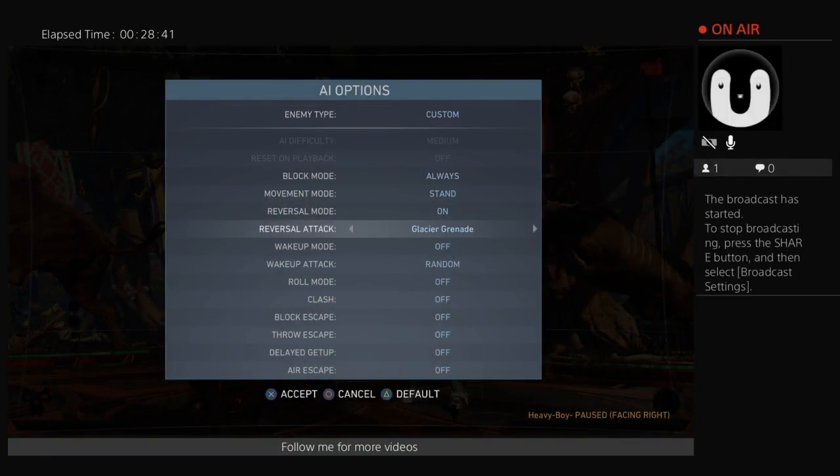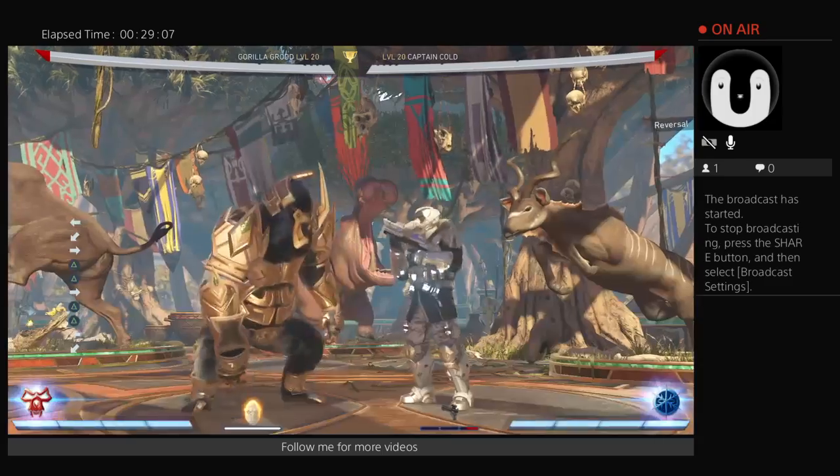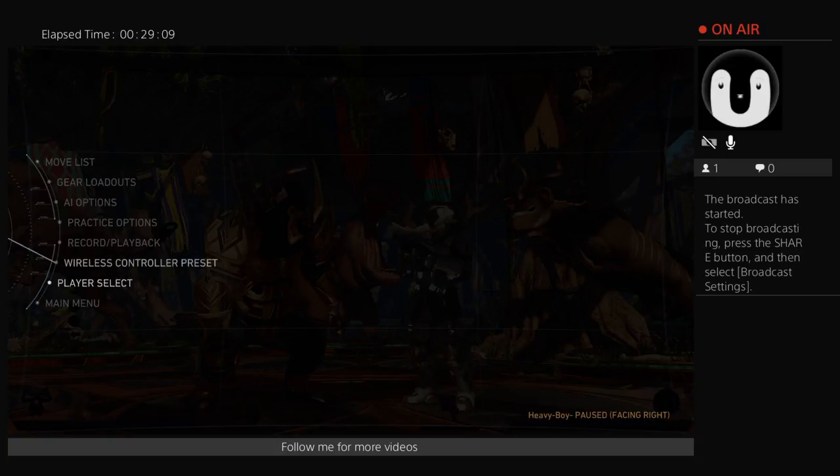I'm trying to find what the wall is. Frost tips, glacier grenade, icicle blast, charge, absolute zero, throw, backdash, random. Okay, so we're just gonna ignore that. I don't know what that is. We're gonna go wake up mode and then see what we're gonna do. I think ice wall. No, wake up attack. Okay, we're just gonna pick a character I know I can understand, and then we're gonna teach you